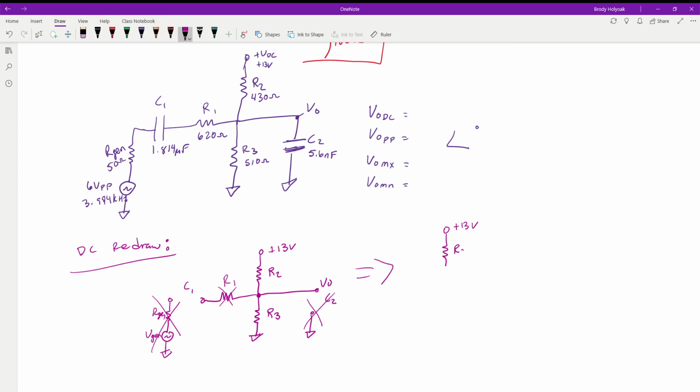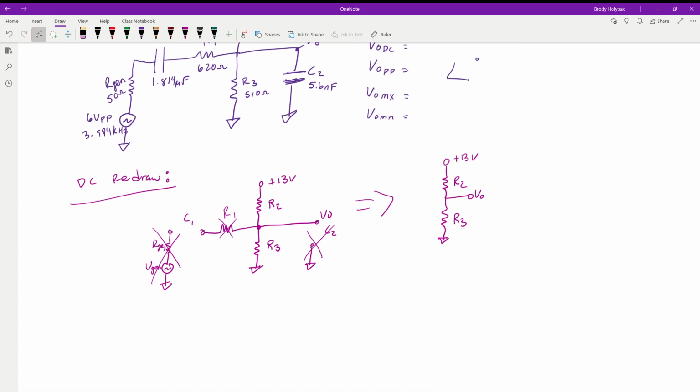We go through R2, we go through R3, and we go to ground with our V out right there. So that's all we have for the DC portion. That's the power of the coupling caps, is it blocks DC signals, so then we don't even have to worry about anything that's left over as an open. Now, if things were shorted out, that'd be a different story, but as an open, it's just as if they were hanging out in air against a very, very, very large resistance. Not going to change anything.